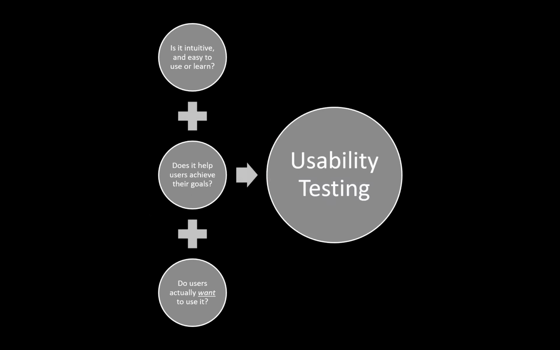So what is usability testing? Usability is about three goals. We want to make sure that what we build is intuitive and easy to use. If it's not easy to use, we want it to be easy to learn, because maybe the first or second time you use the workbook, you don't quite get it. You still have to think about it a little bit. But by the third time, you're like, oh yeah, that info icon, I know to go there. That has all the information I want.